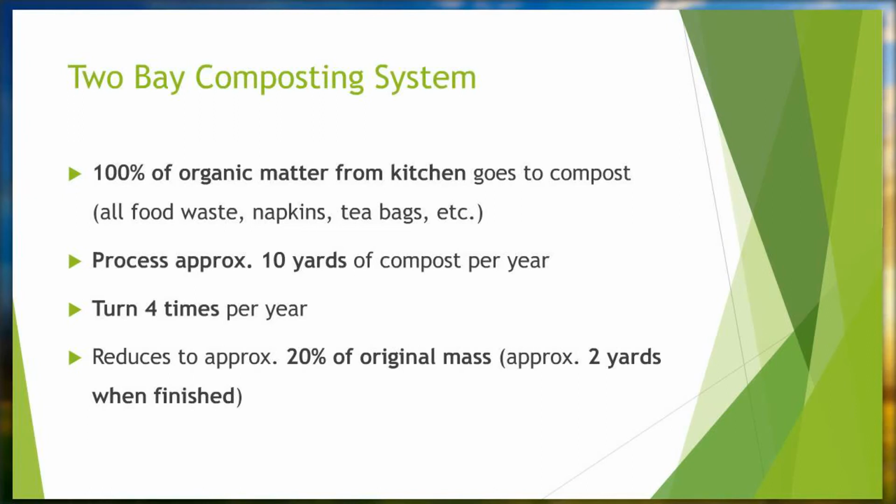So we use probably by volume about 70% straw. So when we're adding a bucket of compost, we're adding like a bucket and a half or something like that of straw. We don't measure it out like that. We just do it by eye. But then we try to spread out the food waste and kind of integrate the straw as we're layering the pile. So I think that is an important thing, because we've definitely experimented with less,